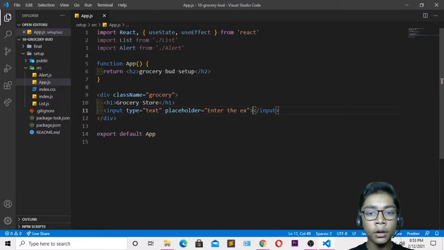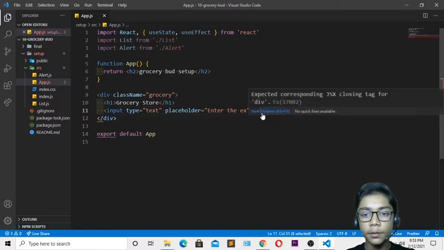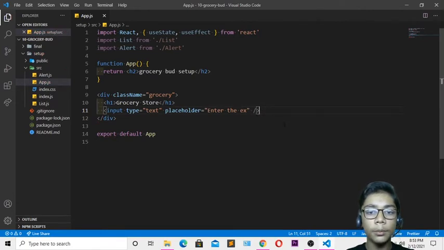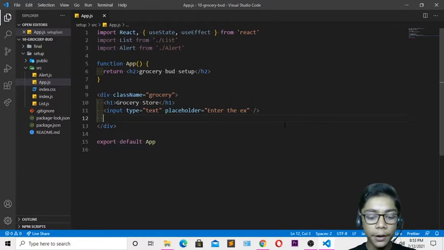Close that, and now here you have to do one thing: just close that by writing this, and you have to erase this because we have just closed that in this tag of input. So when you've done that, you have to come over here and come underneath again. Then I will be defining an h2 tag. In this h2 I will be defining a placeholder. So I'll be writing a placeholder and right over here, grocery, like that.